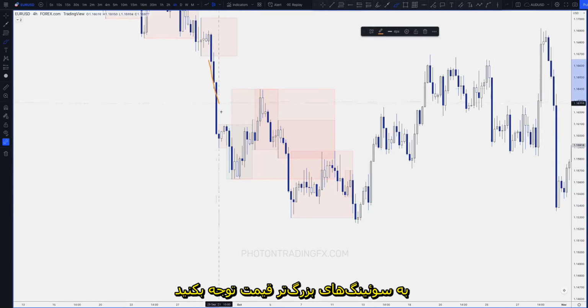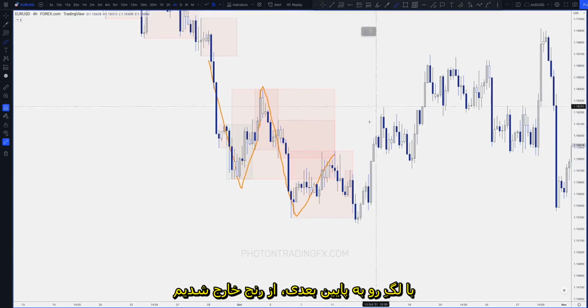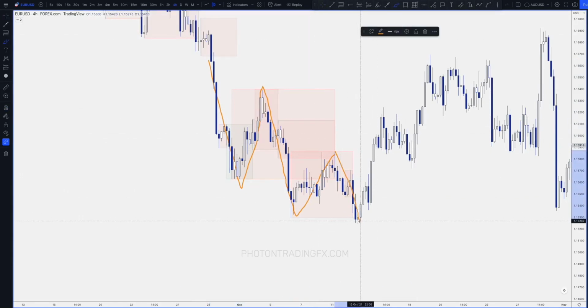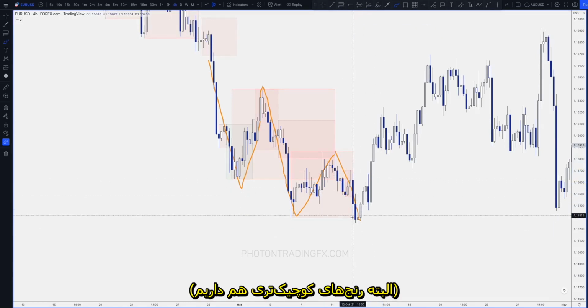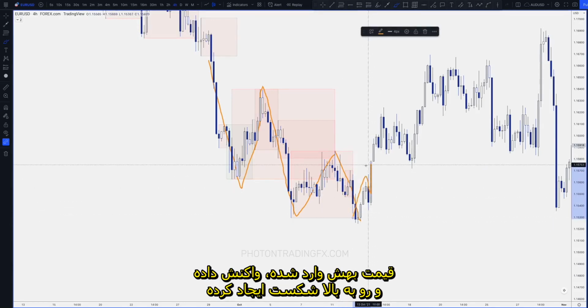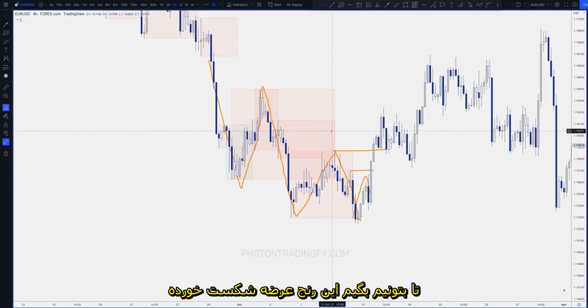All right, got the larger movements. If you look at the larger swings in price, you got that movement there, and you got this pullback into the larger range, right? And then you've got that next leg down out of the range. So we would still say bearish order flow is in control at that point. You've obviously got smaller ranges within it, so price comes into it, it reacts, then it breaks up. So that's the first sign you've got a CHoCH, but it's not until you get the IBOS here that now we can say, okay, that supply range has been